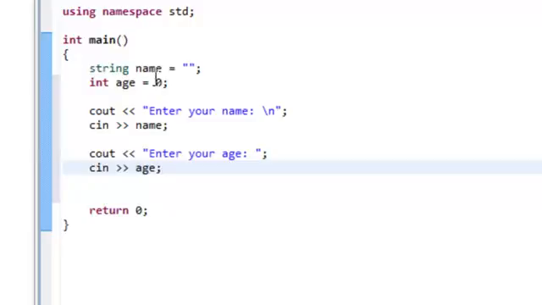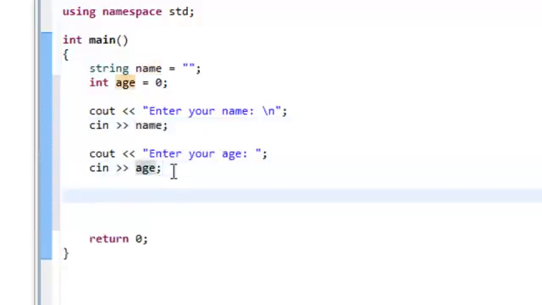So now whatever they've typed in after enter your name will be stored in name, and then whatever they've typed in after enter your age will be stored in age. All right, and then finally we'll output to them basically the same information that they inputted to us. So we'll say cout, and then use the insertion operator, and just say your name is colon, and then insertion operator again, name,